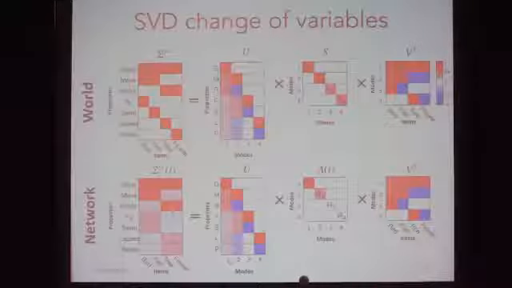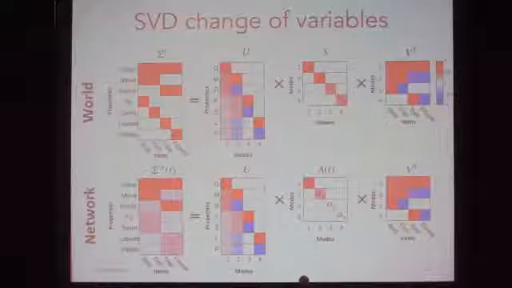And the way that we're going to do this is via an SVD change of variables. Okay, so essentially what we have here, the world on the top is giving us this input-output correlation matrix that specifies the data set. We're going to decompose that into a product of three matrices where the SVD is breaking it down into a series of modes. Each mode contains three things. It contains an input singular vector, which is determining which inputs are participating in this mode. And it links that to an output singular vector, which is determining which features are mapped on the output side. And then the strength of that interconnection is the singular value, which is on the diagonal along that matrix.